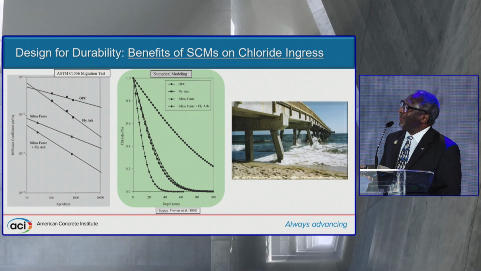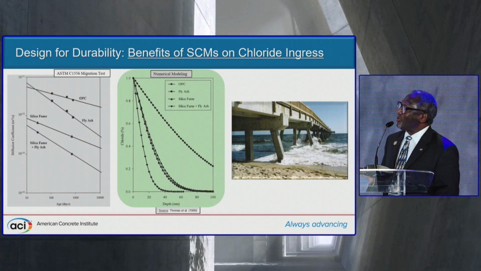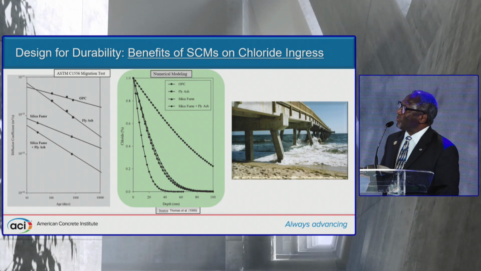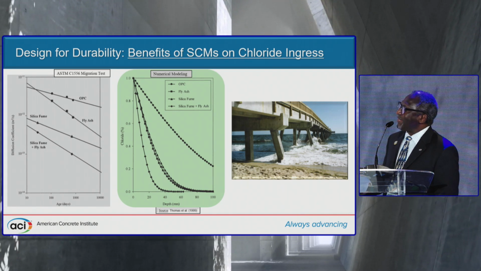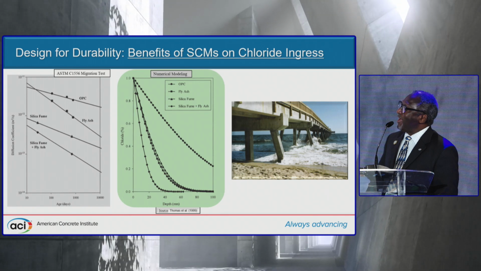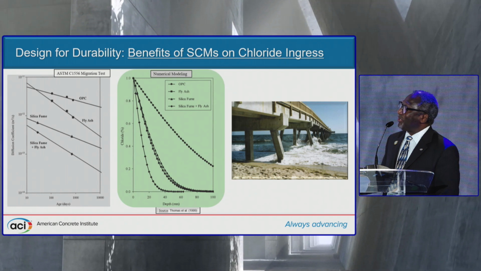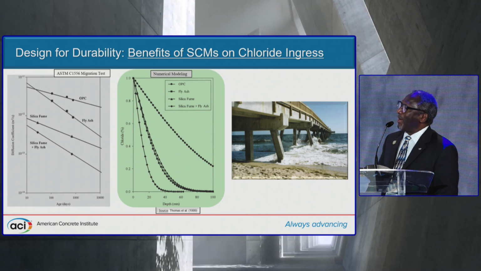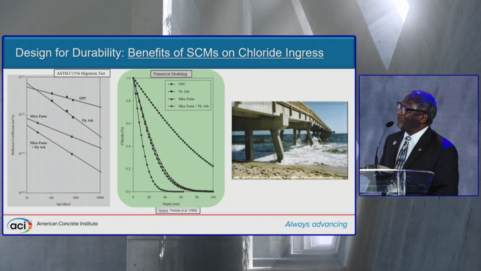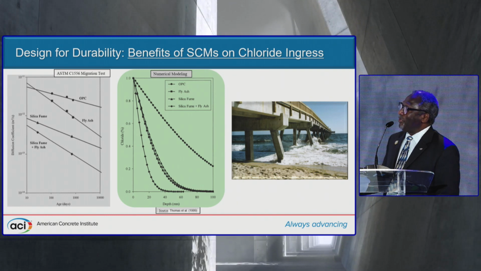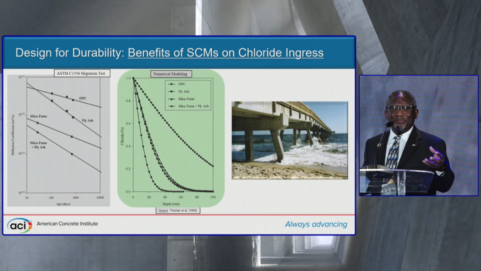Now, what's the benefit? Using numerical modeling to predict the ingress of chloride into concrete with these diffusion coefficients, this was what they came up with. Ordinary Portland cement, as you can see, and if you have a concrete cover of 60 millimeters, you can see that you already have more than enough chloride to initiate corrosion. This is where silica fume and fly ash in their study basically ended up tracking one another, but very good. And then you look at the combination of silica fume and fly ash, where essentially you're shutting down the permeability of the concrete. So if you have the option to use a ternary blend,